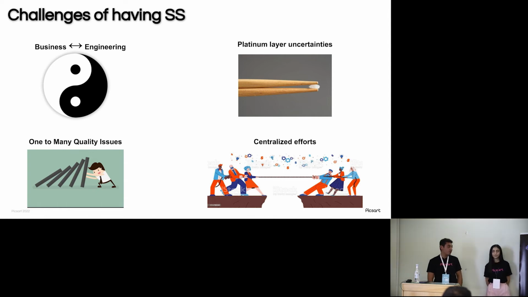One-to-many quality issues, I touched on this in previous slides. Having centralized pipelines and that kind of beautiful stuff is very nice, but if you are failing now, you are failing in, I don't know, 50 possible downstream jobs, which means that your quality control, or let's say test implementation, should be final and should also have all the alerting stuff and so on. So when you are breaking something, you are breaking